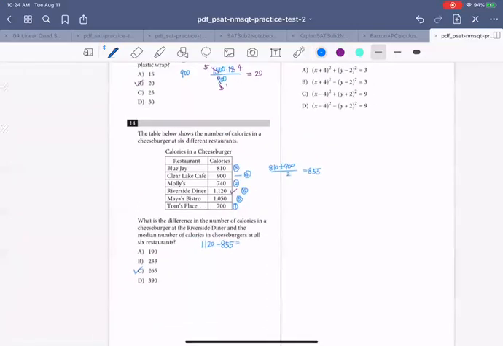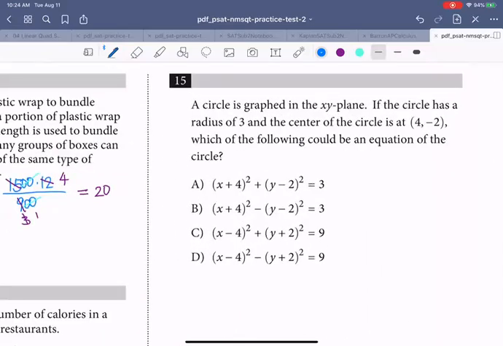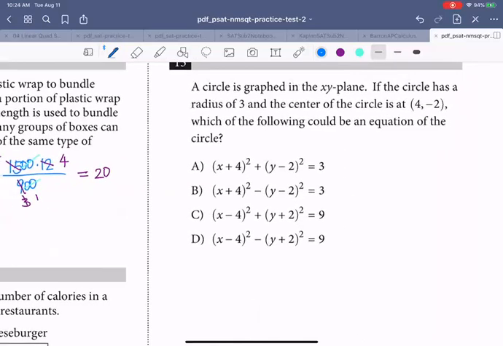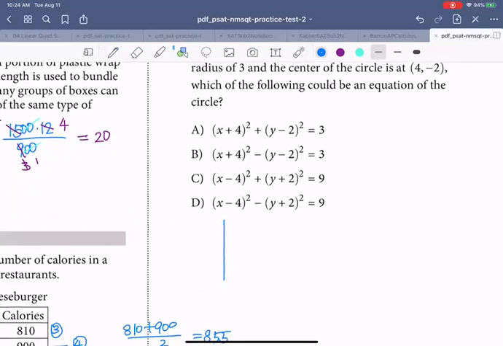Okay. Now, this question I haven't taught you before. This is an algebra 2 question, but it's a very easy algebra 2 question. So in XY coordinates, you want to write this down in your notes. In your XY coordinates, if you were given a circle,